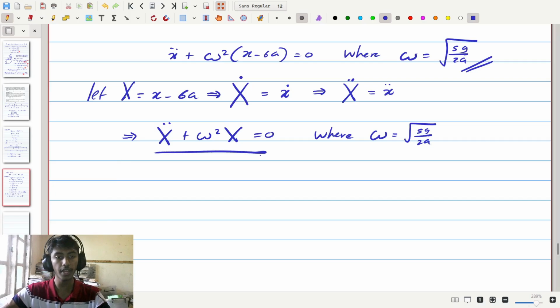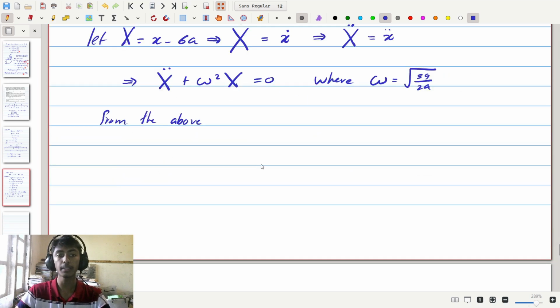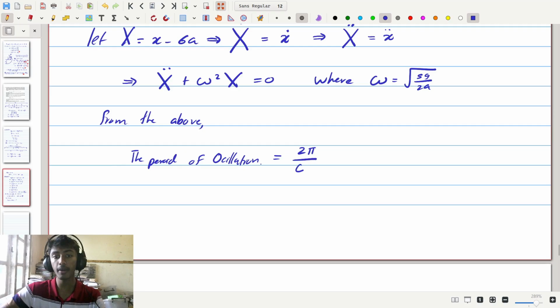So due to that, from the above, what we wanted to find was the period, and the period of this oscillation is going to be equal to 2 pi divided by the angular velocity. So therefore we're going to have the period of oscillation equal to 2 pi divided by the angular velocity, which is 2 pi divided by omega, which is 2 pi